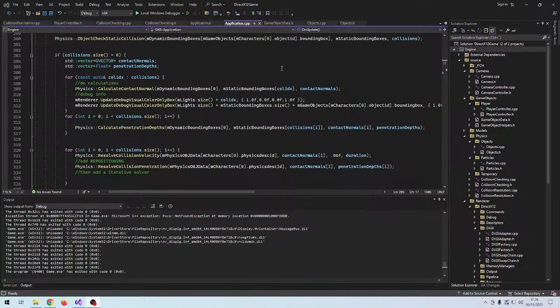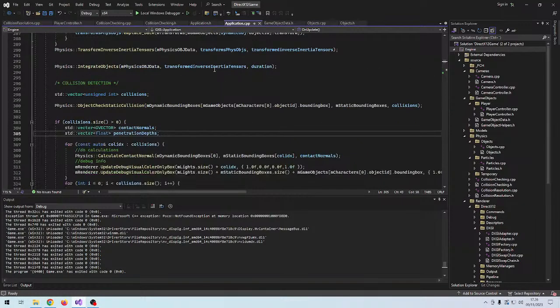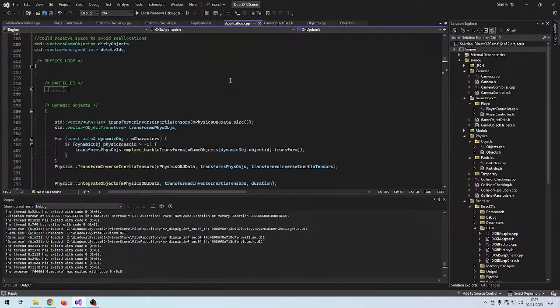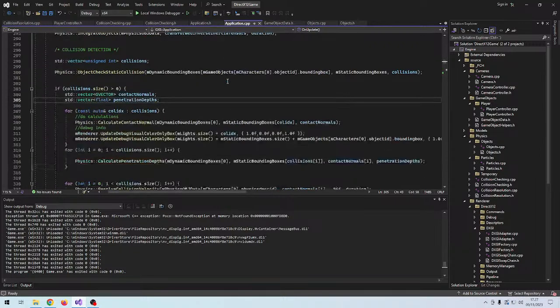Today I'm gonna continue onwards in terms of implementing a more sophisticated bounding volume for rotating objects. In the last episode,